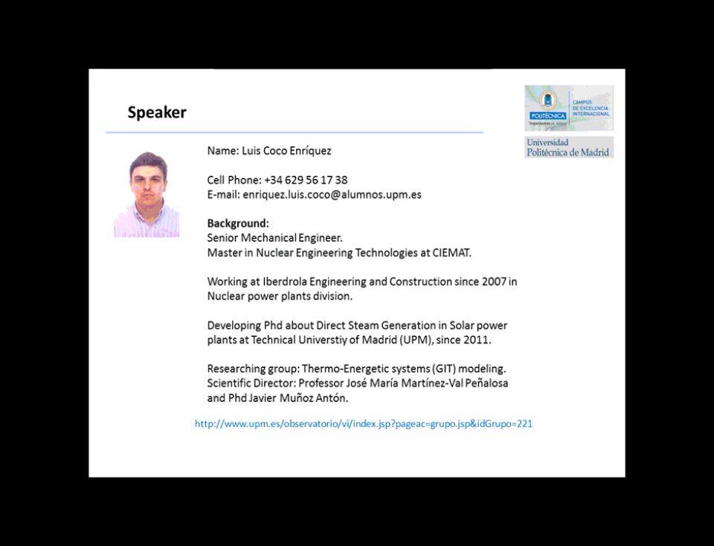I'm CoCo Enriquez, Mechanical Engineering, working in Iberdrola, Engineering and Construction in Nuclear Division since 2007. I'm also developing my PhD since 2011 in Technical University of Madrid about the strategies for direct steam generation in solar power plants, mainly focused on linear solar collectors. This thesis is being developed at the Thermoenergetic System Modeling Researching Group, whose main responsible are José María del Bar